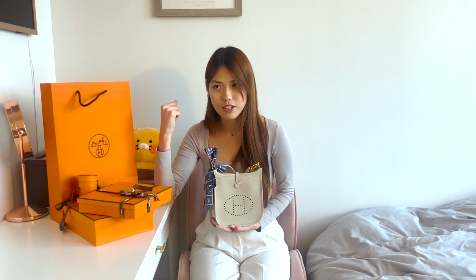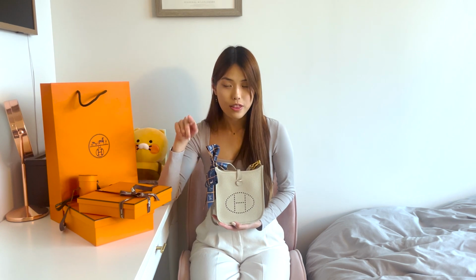But I think number one, just looking back on what I've done so far, the one thing that I would recommend is to try Hermes products before you go into store. Of course, it's totally up to you. You might want to get your first piece in store because that is a really special experience. But I really recommend maybe trying some of their leather goods or items online or even through reseller sites, because it gives you a little bit more familiarity with the brand and shows that you are truly interested in it and you have some pre-existing knowledge, so you can have a little bit more of a conversation with